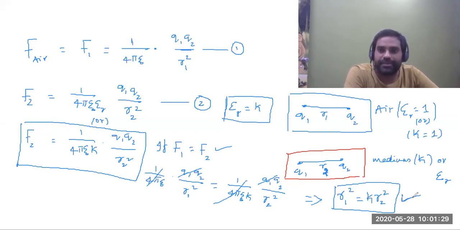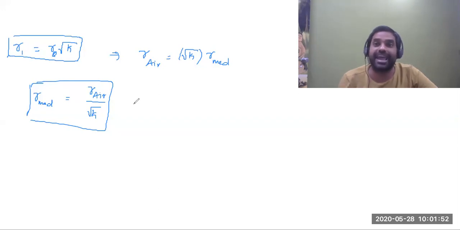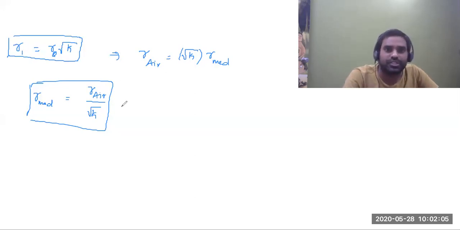Good. I hope coming to the concept, everyone understood. Because on this, I'm going to give you a very important condition. In order to follow that condition effectively, you have to keep this point in mind. Means if you take the two charges to the medium, force decreases. In the air, force will be more. In order to maintain the same force, in order to decrease the force, distance should be increased, or in order to increase the force, distance should be decreased. Keep that point in mind. So this is the relation.